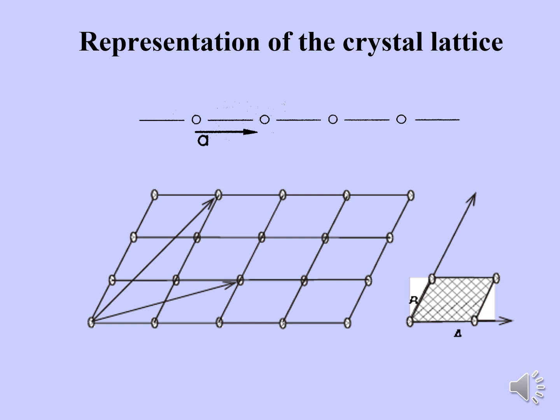Parallelograms with vertices at the nodes are called meshes of the grid. We choose a unit cell in a flat grid. Repeating it with the help of translation, we obtain a flat grid filling the entire plane